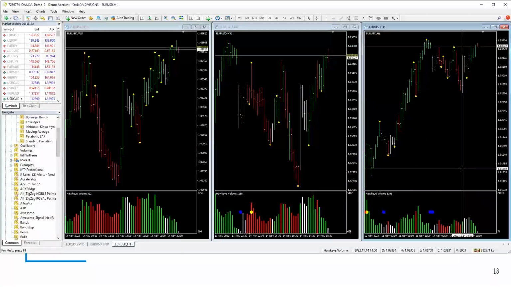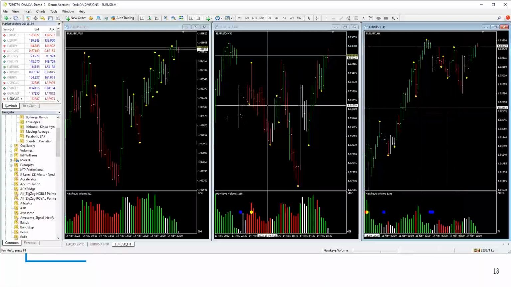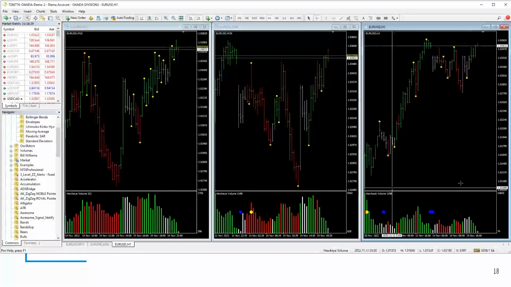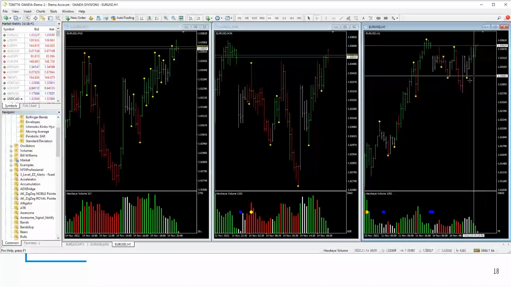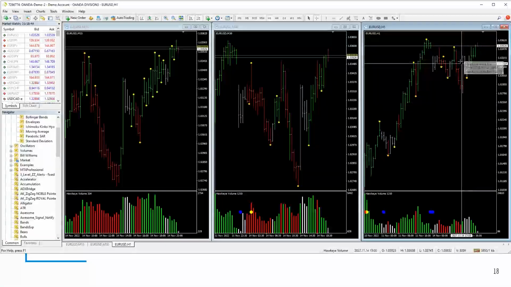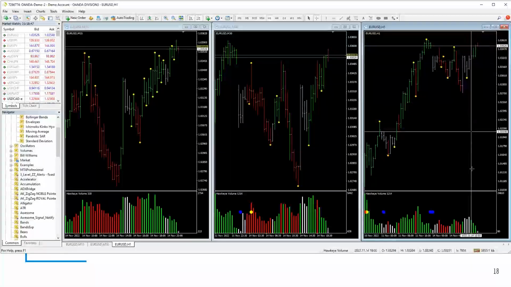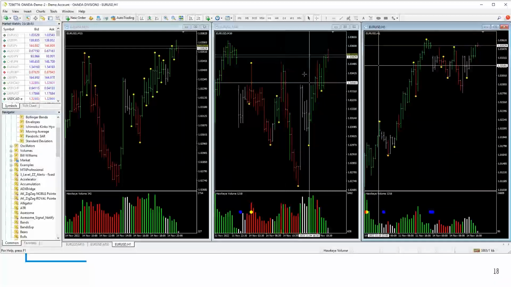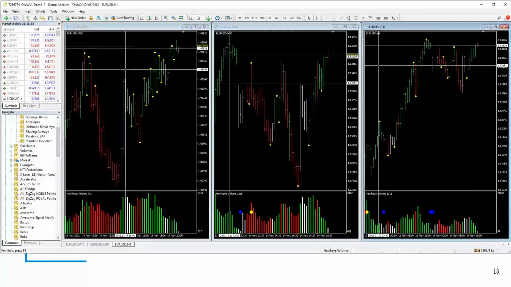So that's the difficulty of that. You can't really see them without looking and aligning them together. Also, if you're looking for time and price correlation, then you're looking across 2 different axes at the same time, and that's virtually impossible to do on standard MT4.